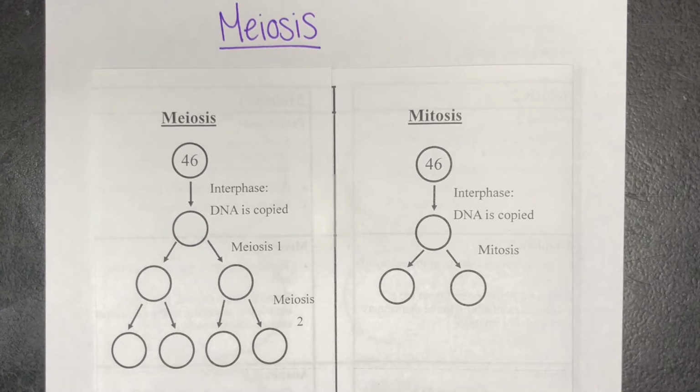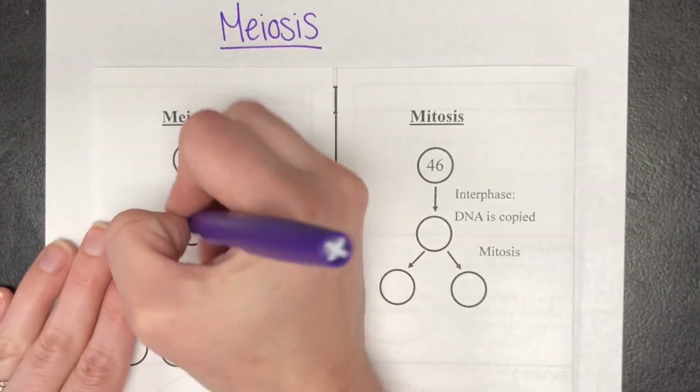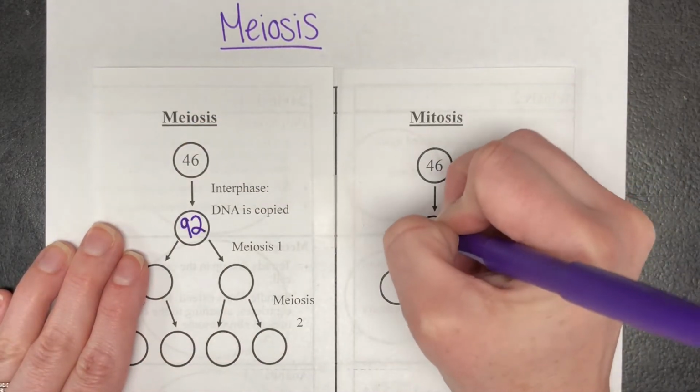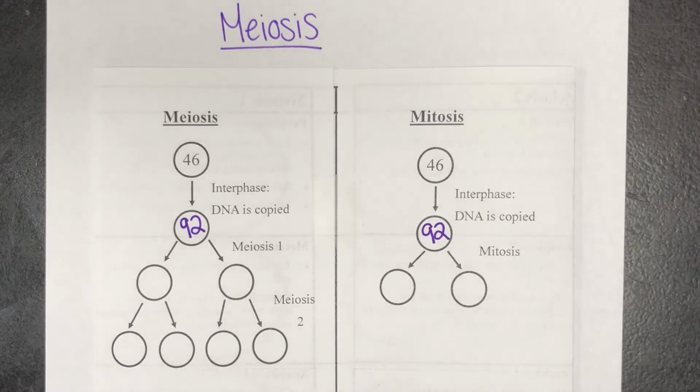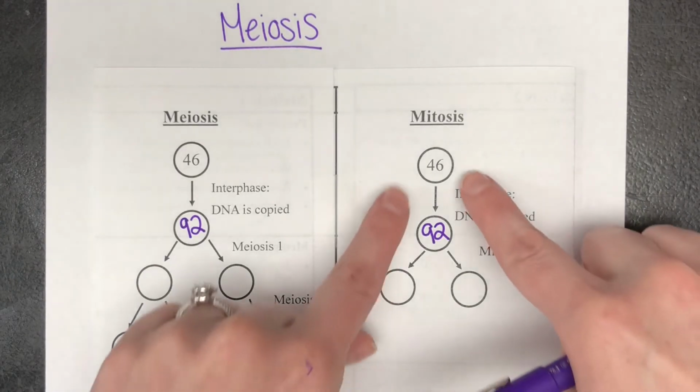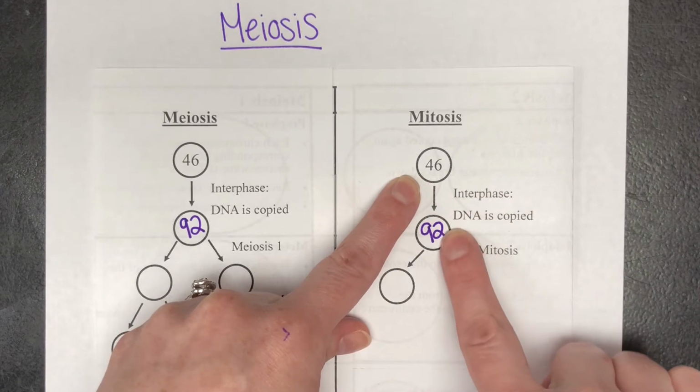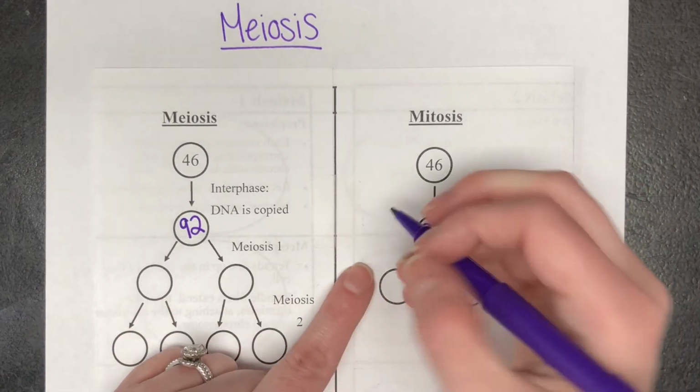All different species have all different numbers. Again, I'm just going to focus on humans right now. So in this original parent cell, we have 46 chromosomes or chromatids. During interphase, which occurs before both meiosis and mitosis, DNA is copied. So we go from 46 chromatids to 92 chromatids. Okay? So in mitosis, we go from our original parent cell, we duplicate that DNA, mitosis occurs, and we end